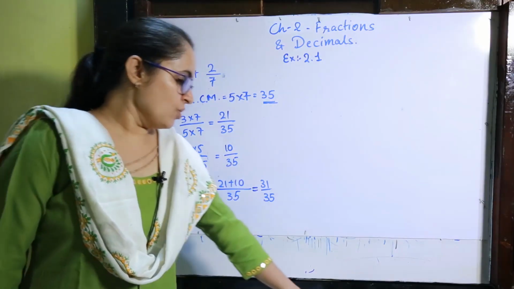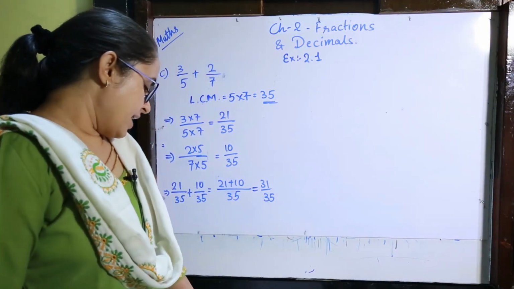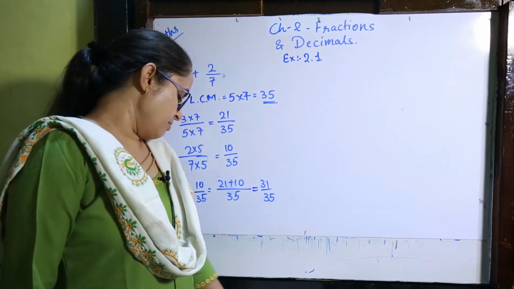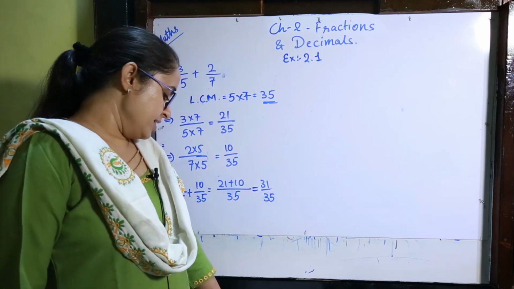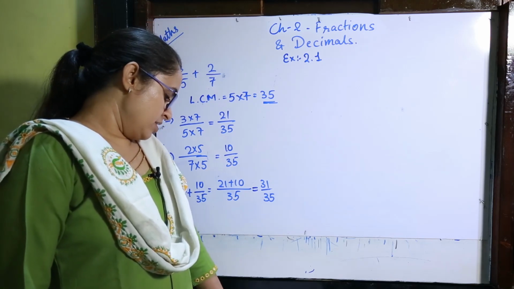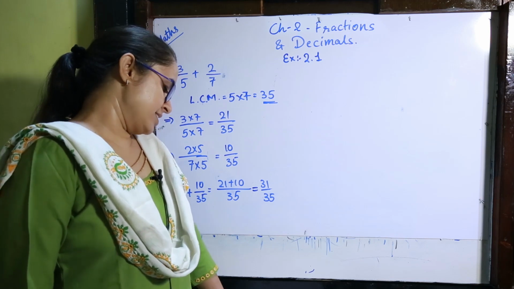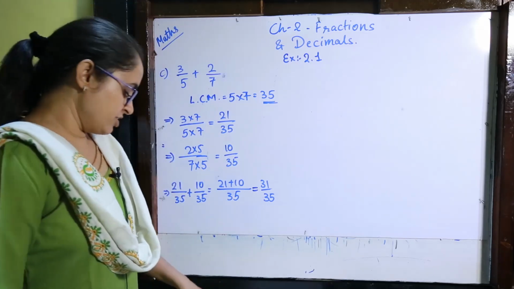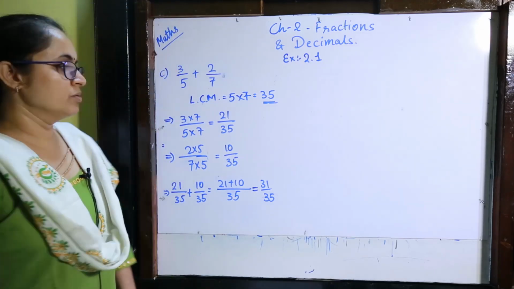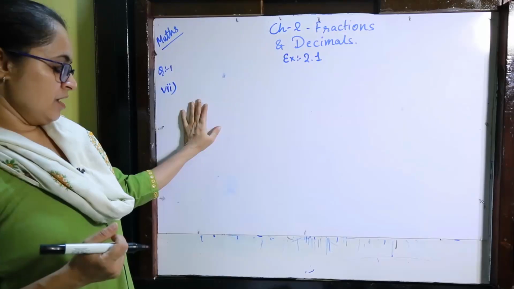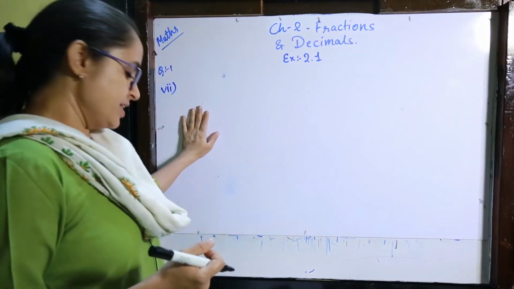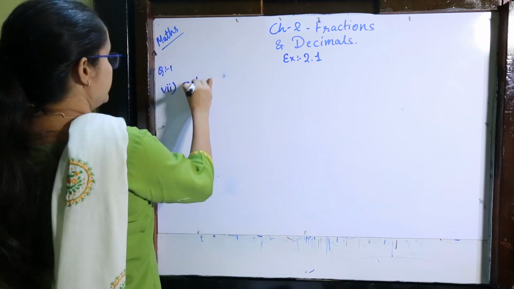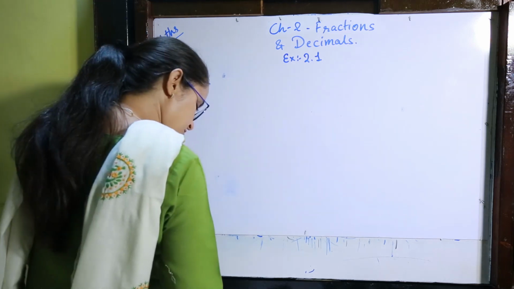Now I want to give you a homework. The homework is question number 4, like question number 1. Question number 4, 5 and 6 are in your homework, 7 I am doing for you, okay, and that is the last in question number 1. Then we will start with question number 2. Now as I told you, 4, 5, 6 are in your homework, and 7 I am teaching you, that is of mixed number fraction.